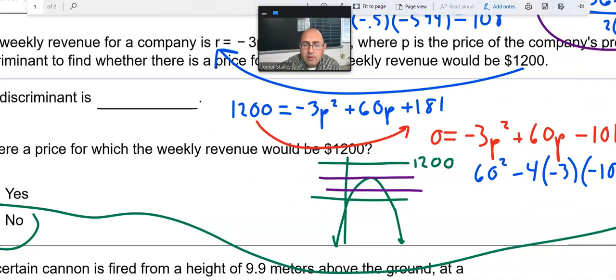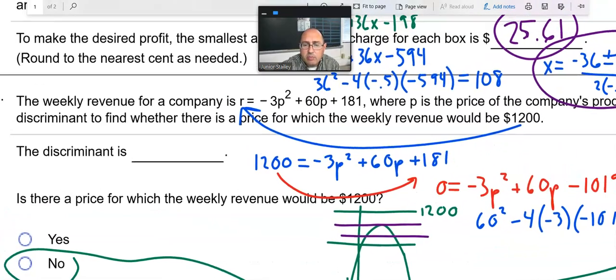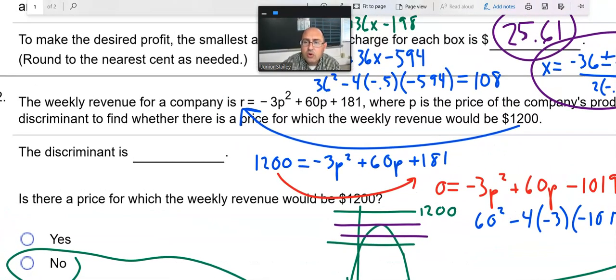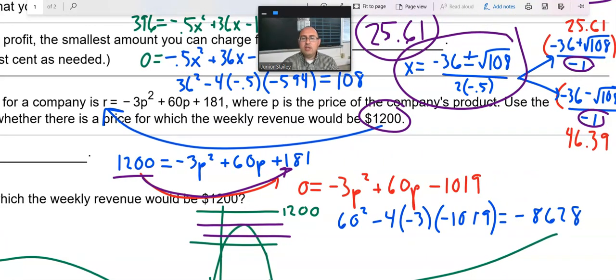When we do the, oh, I forgot, we got to plug the 1,200 in. So the 1,200 gets plugged in for the revenue, okay, that's over here, and then to get it set equal to 0 to use the discriminant formula, whoosh, subtract that to the other side. So that's where we end up with the red equation, and then we can use the discriminant formula, right? B squared minus 4ac. We end up with negative